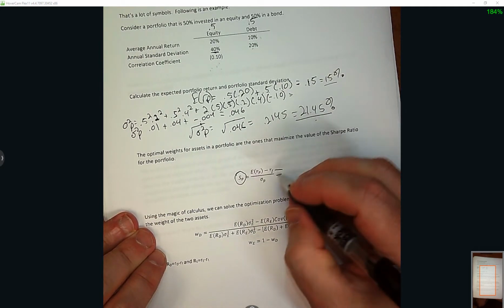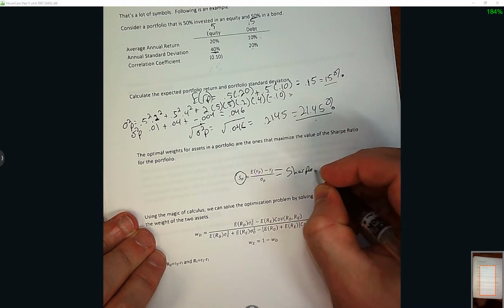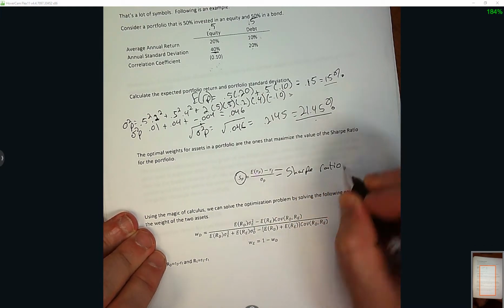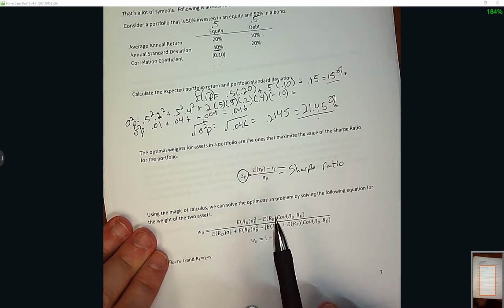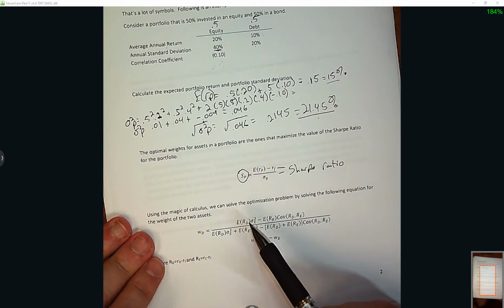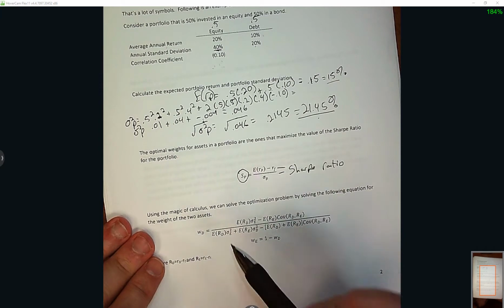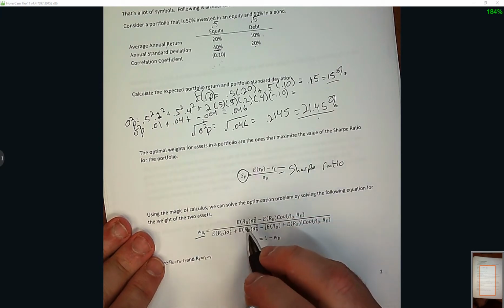So that's the Sharpe ratio. And then using the magic of calculus, I won't go through all the proofing of this, but this is what we end up with. Using the magic of calculus, we can solve the optimization problem by solving the following equation for the weights of the two assets. If we want to find the optimal weight in asset D, we would calculate the expected, and this isn't actually